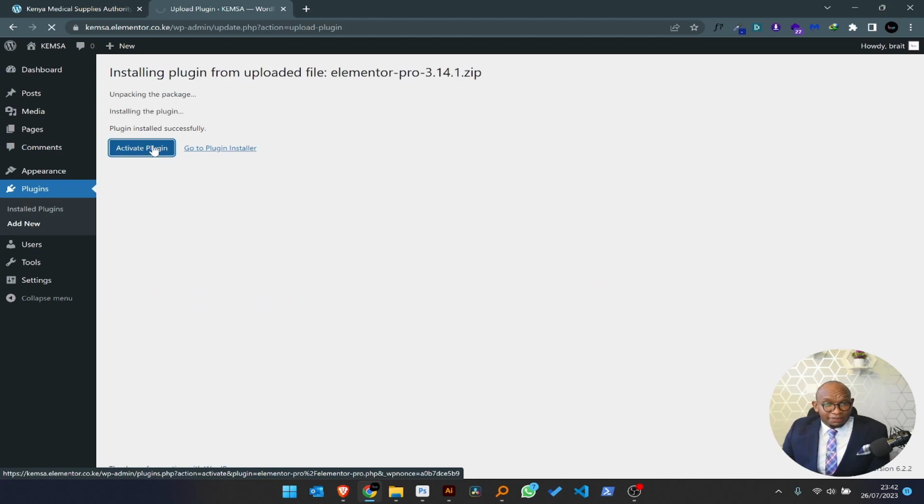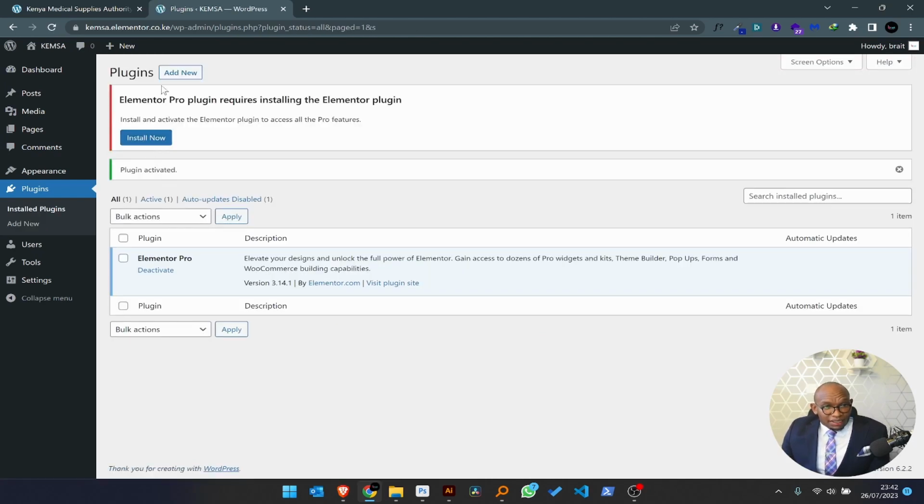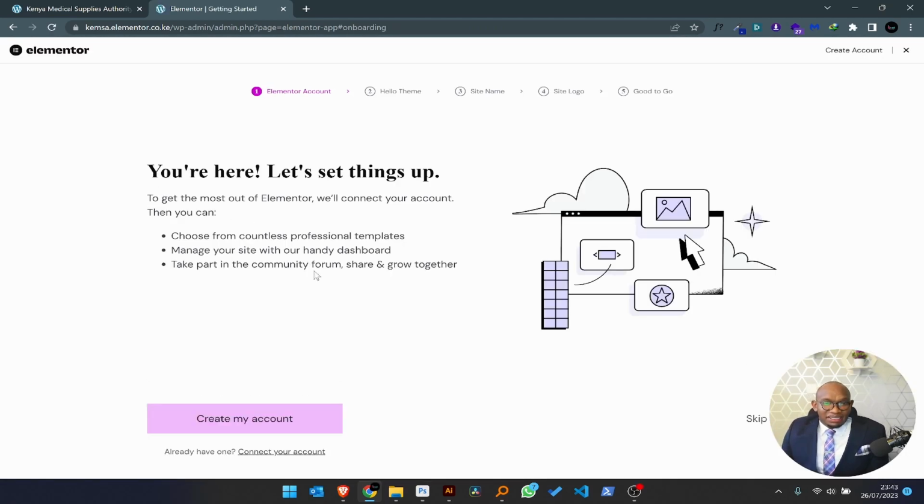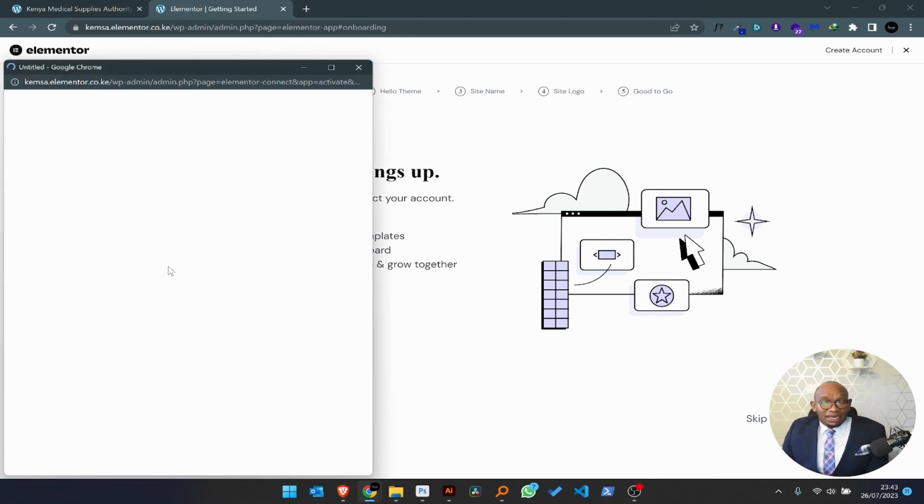So I activate it. After I activate it, it tells me to install the free Elementor plugin, which I just do in a click. After doing it in a click, I can say, activate plugin. After activating the plugin, it takes me to an onboarding page of Elementor. And because I have an account, I can connect my account so that